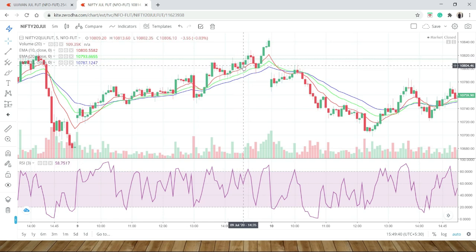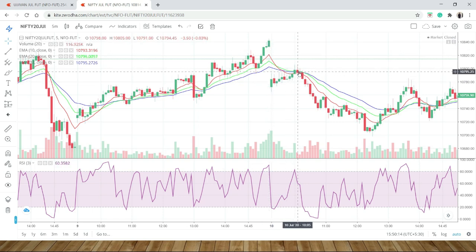Let's say it goes further upward, the Nifty going upward directionally with RGB in upward form. Then again Nifty has some retracement over here. At this retracement it is not touching 20, so my buy call is not activated. It is around 22 RSI. If it touches RSI 20, then the buy is activated. So over here it is not activated, and it is again closing at a higher high, 10,840.